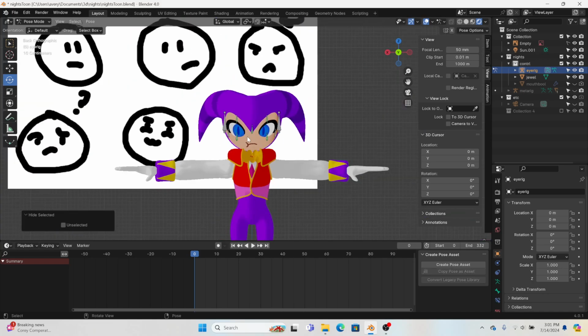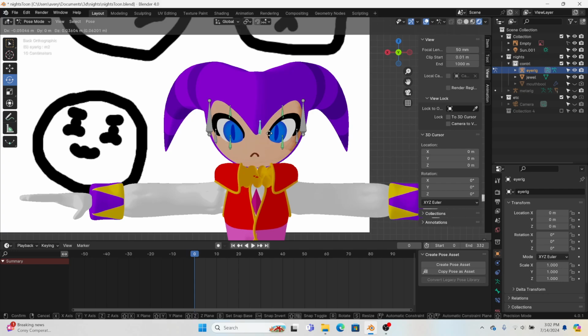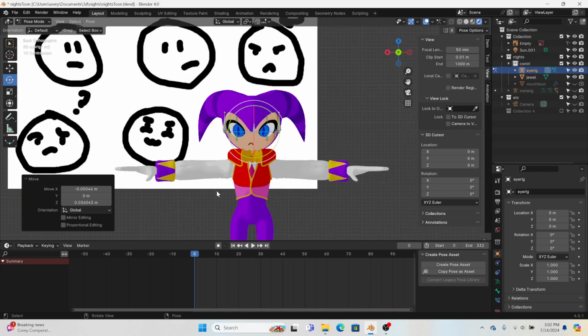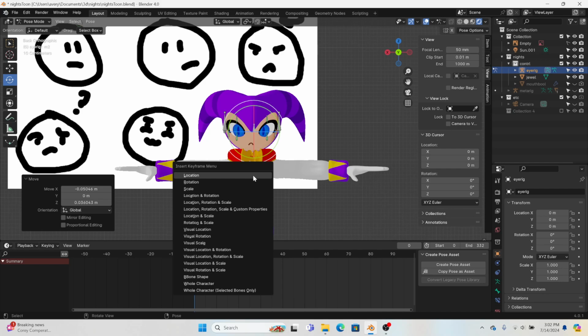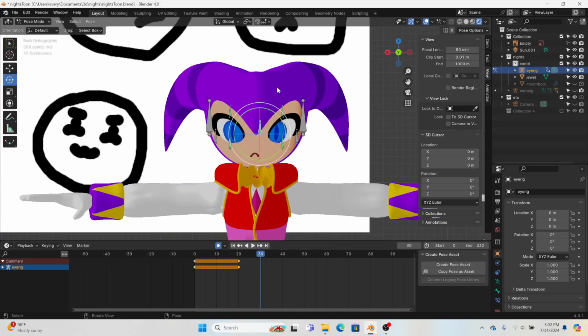So what's our first expression? Neutral. Do I have a neutral? I'm moving it. Do I have this? I have that. That's good enough. Eye location. And we're gonna need that. I'm gonna say frame 20, copy it. So for these first two, the expression's pretty much the same. There's gonna be some eye movement, which I'll get to later. And then the expression's gonna change to